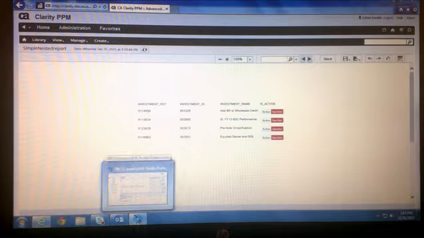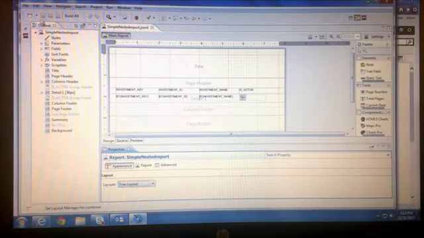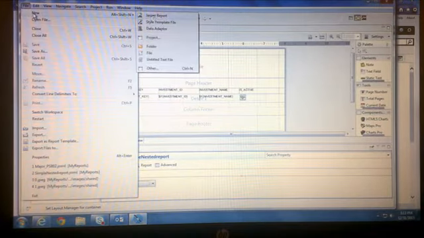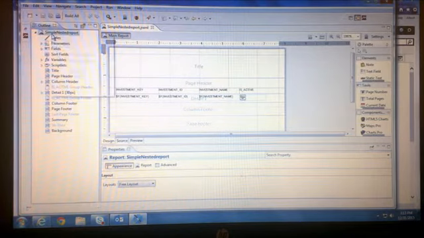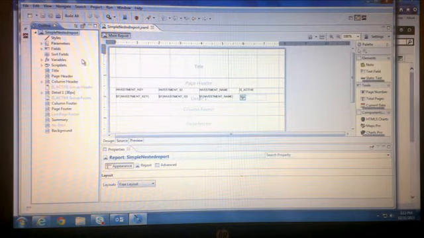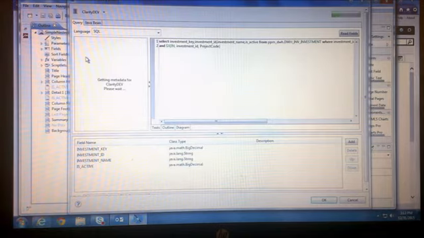Let's see how to create this report. So what you'll do is basically you'll create a new Jaspersoft report. It will ask you for the username, the report name and the location of the report where it is going to be saved. In the next step, it will also ask you to provide the data source and the query which is used to generate the report. The data source can be configured.